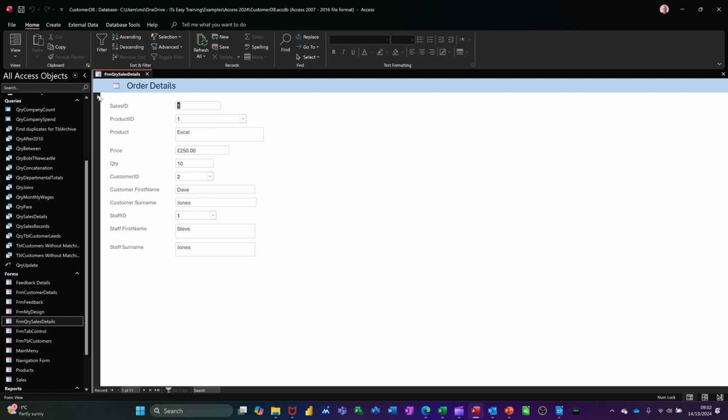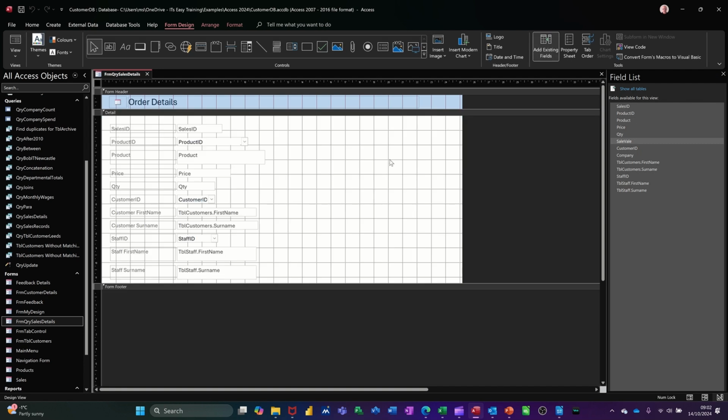Now to do it, you need to go into design on your form. So if I go into design on this, and we need to look at the controls area at the top, and what we need is this AB button, and I'm just going to draw a rectangle over here, fairly big, and I'll resize it later on. So once that's on the screen, you need to use the equal symbol to get going. Now when you refer to fields in Access, you have to put them in square brackets. So this is a simple one, so I'm going to go square bracket price